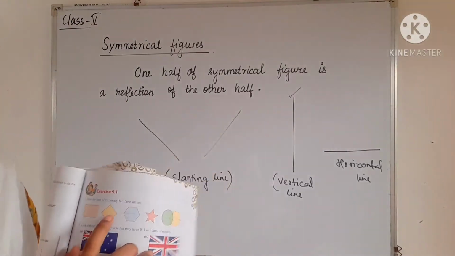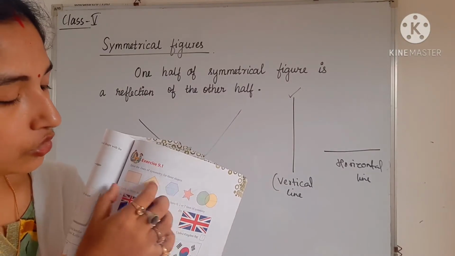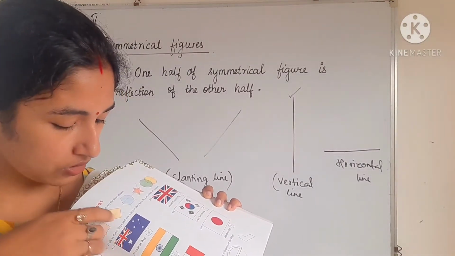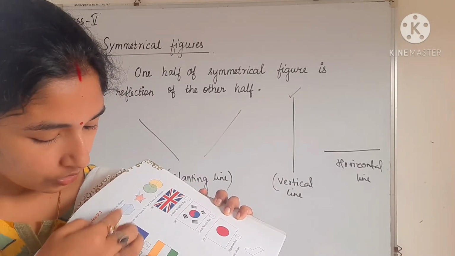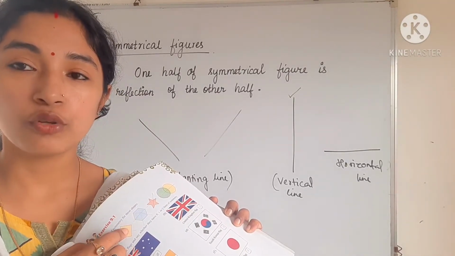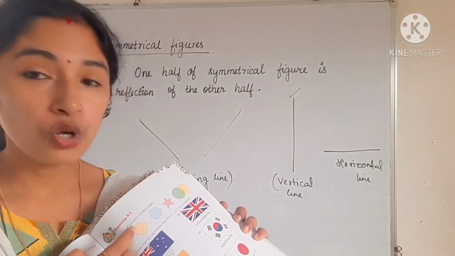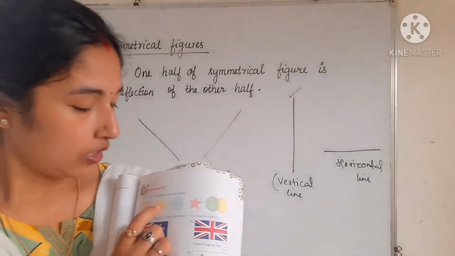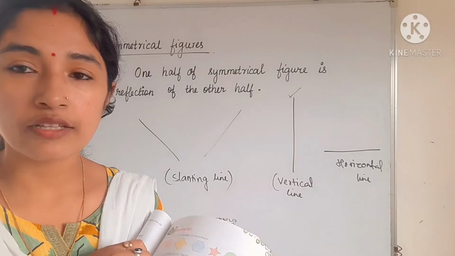Similarly, this shape you can see here. In this shape also you can draw many lines. Just turn your book, you can see this is a square. In a square there are many lines of symmetry. One will be vertical, another will be horizontal, and for the two others you have to join the corner points, the opposite points. If you join the opposite points, you will see that there are a total of 4 lines of symmetry. In the second figure you will get 4 lines of symmetry. Similarly, you have to draw lines of symmetry in all these cases.